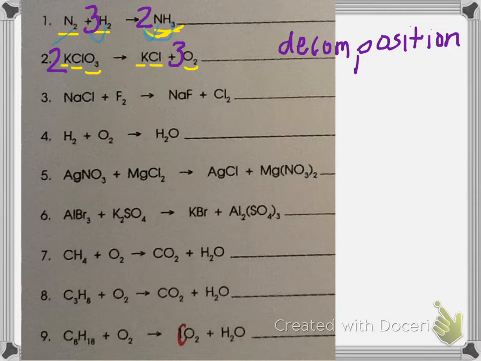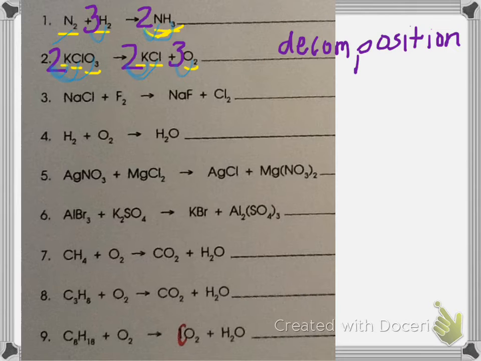Now that has changed my potassium and chlorine. Now I have 2 potassium and 2 chlorine, so I need a coefficient of 2. Now checking my ratios, 2, 2, 3, that's the lowest whole number ratio, so now I'm just going to verify that it's correctly balanced. 2 potassium, 2 potassium, 2 chlorine, 2 chlorine, 6 oxygen, 3 times 2, 6 oxygen, it is properly balanced. Number 3,